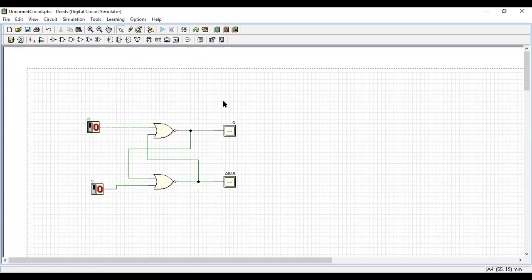That is the first case. When set is 1, latch is set, so Q is 1. When reset is 1, latch is reset, so Q bar will be 1. When both are 1, 1, if a NOR gate gets any 1, its output will be 0, so both outputs will be 0.